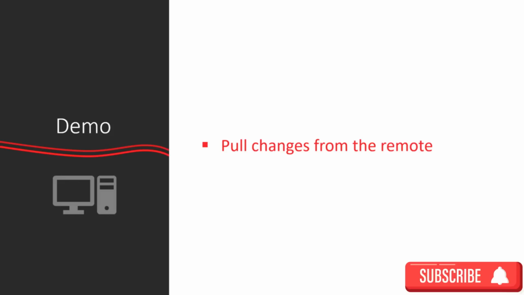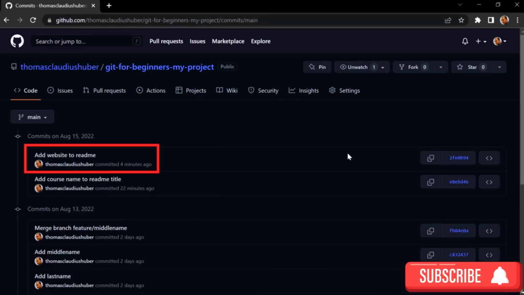In this demonstration, you will learn how to pull changes from the remote repository into your local repository. Let's switch first to my browser. In the previous clip, you created this add website to readme commit. Now let's switch to my command line. You pushed that commit from the repository in this